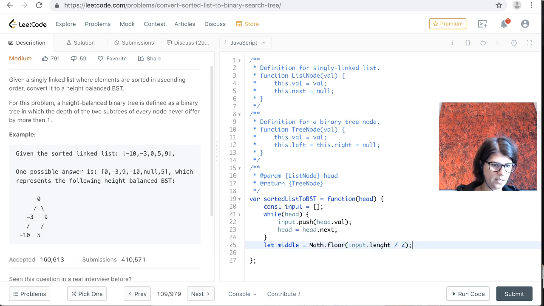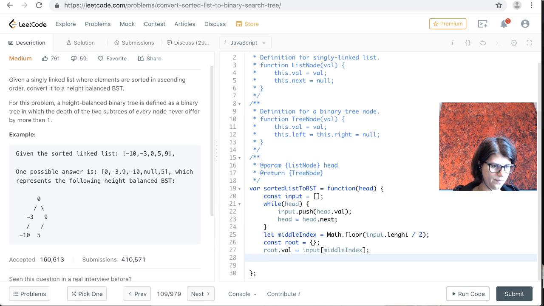So let's take the middle, and then we want to say const root, root.value equals input of middle index. And root.left